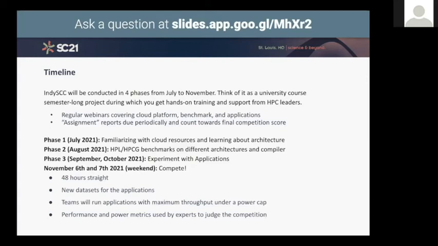We start in July. In the month of July, teams will get to familiarize themselves with the cloud resources, learn about the architecture of the cloud resource that we use, and get to ask questions about that. And then in the second phase, we will be focusing more on benchmarks, especially HPL and HPCG. Then the third phase is when we experiment a little bit with the applications,